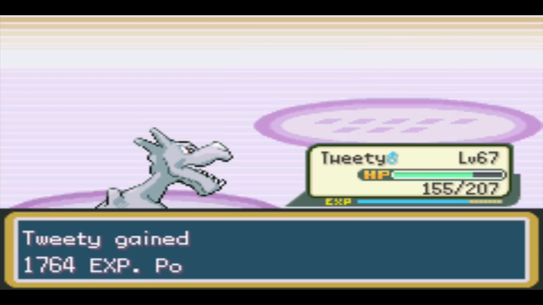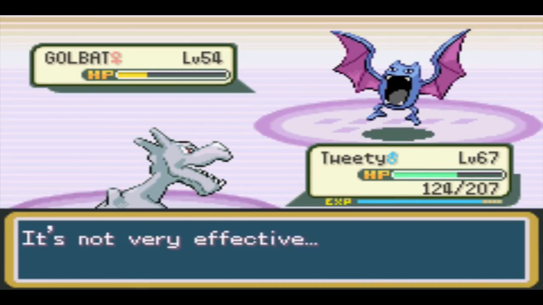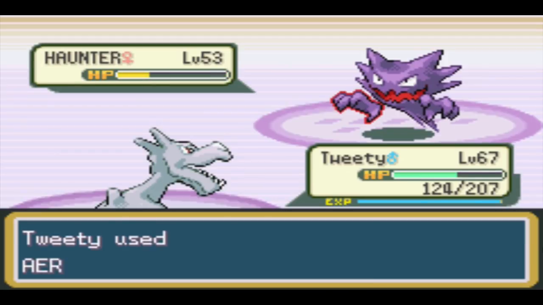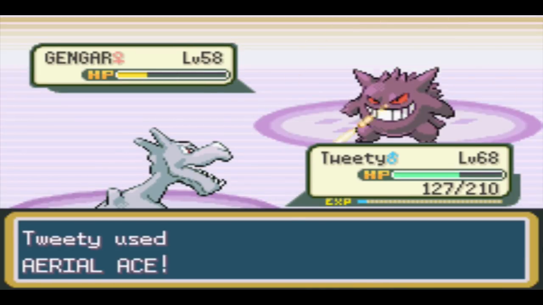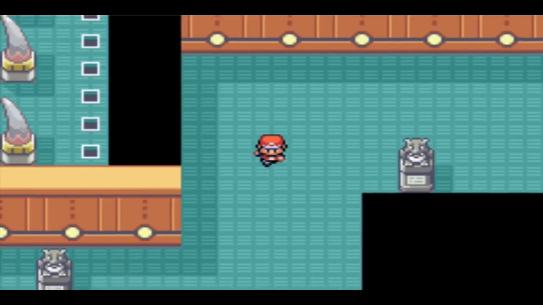Next up is Golbat, who we take out with just 2 Ancient Powers. Haunter then comes out and we give him the old Slip Slap to take him out. Her second Gengar is last. We go for an Aerial Ace twice as she misses her Hypnosis twice. She then heals up with a Berry so we can take her out and send Agatha back to the graveyard